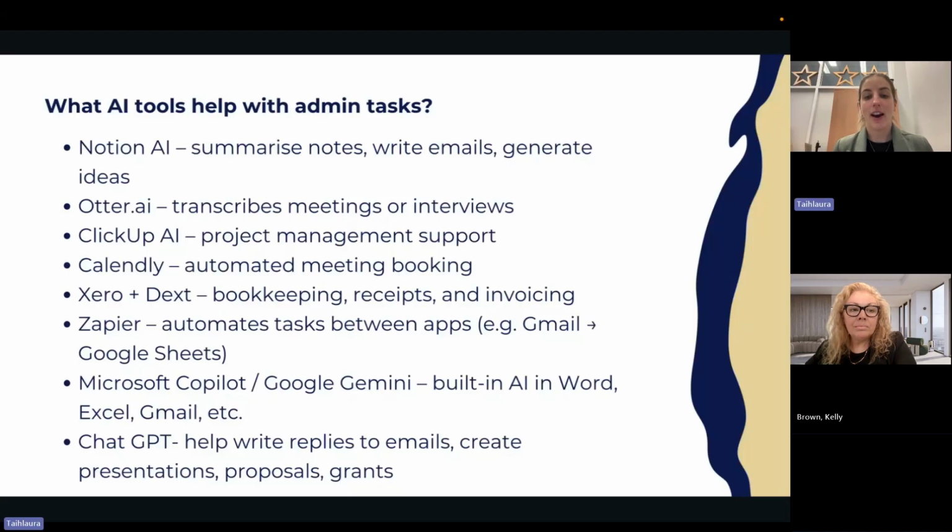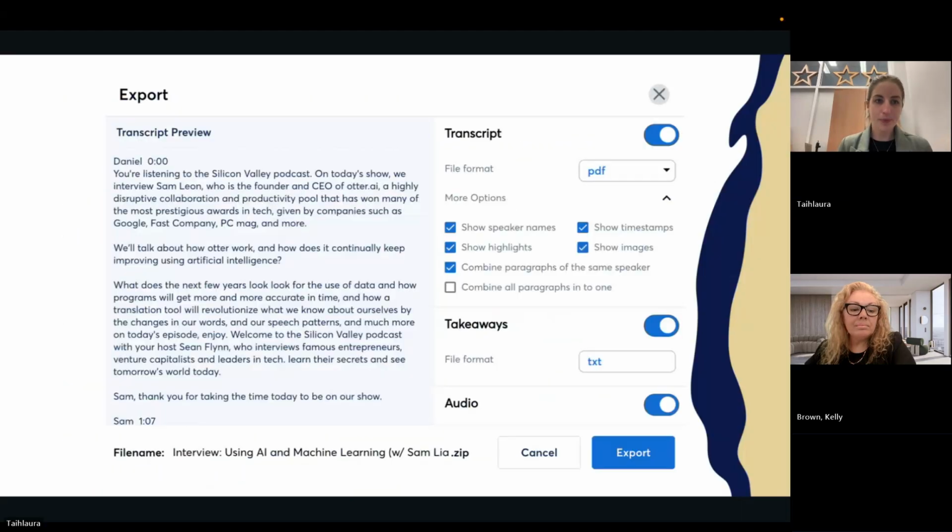Zapier automates tasks between apps. Microsoft Copilot and Google Gemini, depending if you're a Microsoft user or a Google user, both of these platforms work in the same way, and they're built-in AI to the documents or email system that you're utilizing. And then ChatGPT, which can help us write replies to emails, create presentations, proposals, grants, etc.